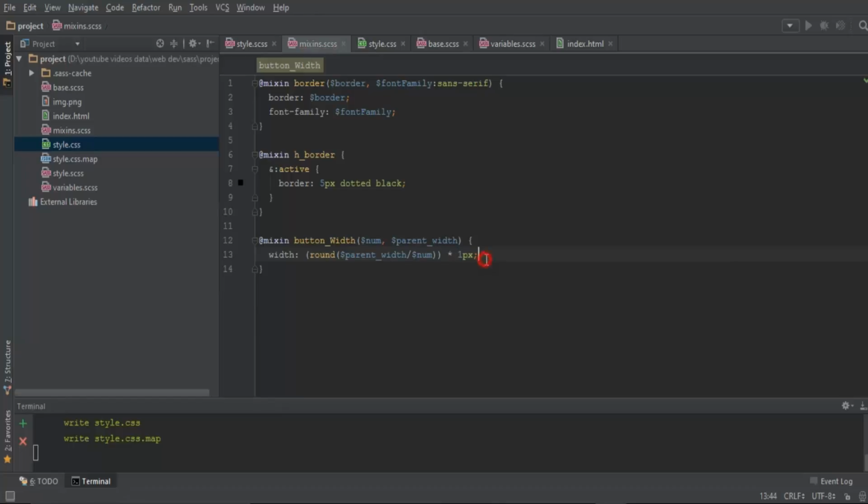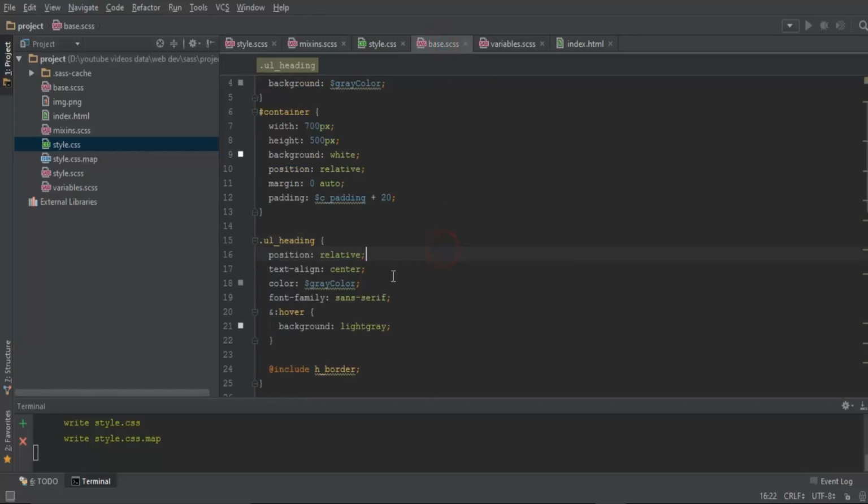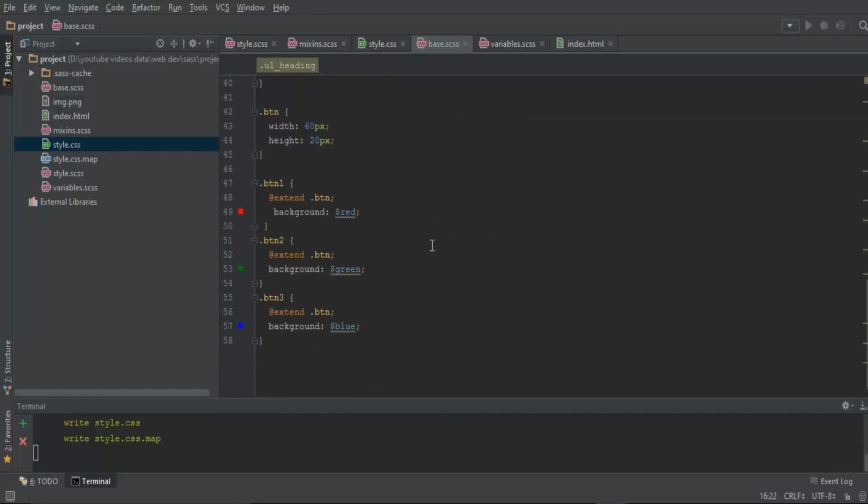I can't concatenate it with a string because the width is not a string, it's a simple digit with a px with it, and I want to subtract 10 from the individual button. All right, and now I'll go back to my base and I'll come back to this button and remove that width of 60, and here I will call